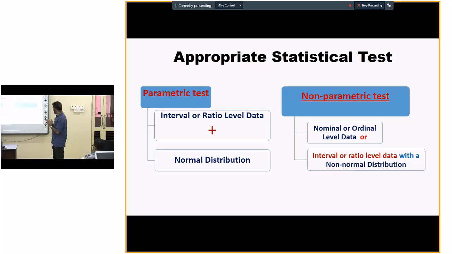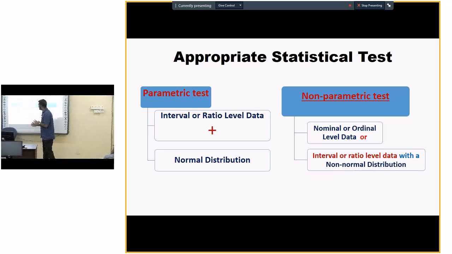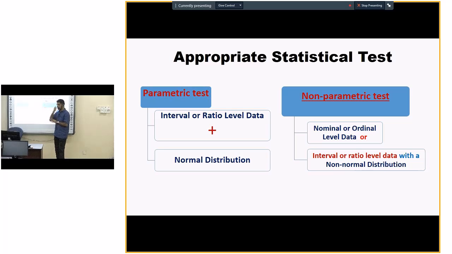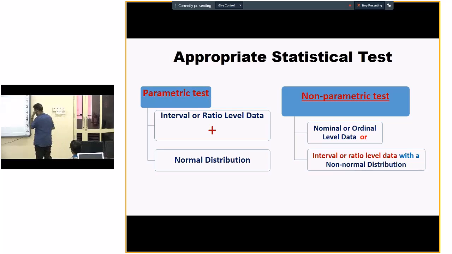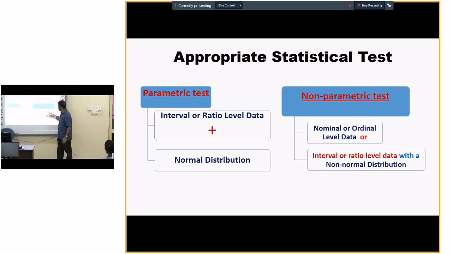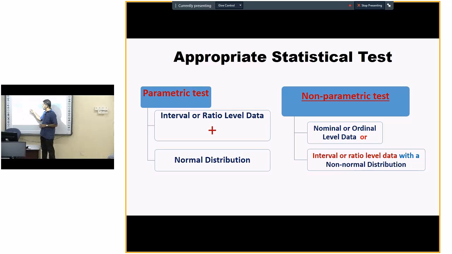Based on those results, we can decide on the appropriate statistical test. Then I incorporated level of measurement as well as distribution. Level of measurement: nominal, ordinal, interval, or ratio. If you have nominal or ordinal level data, we know that we cannot apply a parametric test, so we have to go to a non-parametric test. And we also discussed that if we have interval or ratio level data, then we can go for a parametric test,